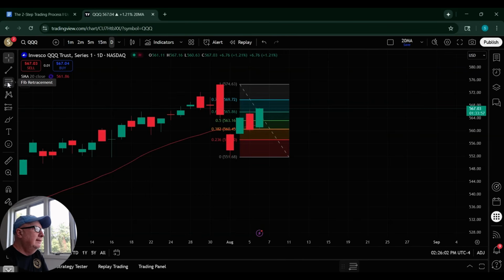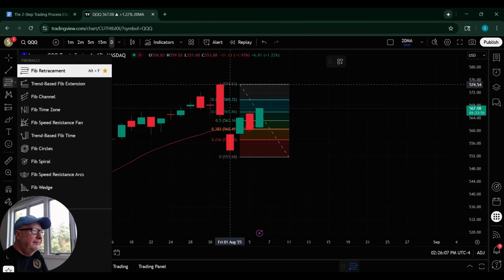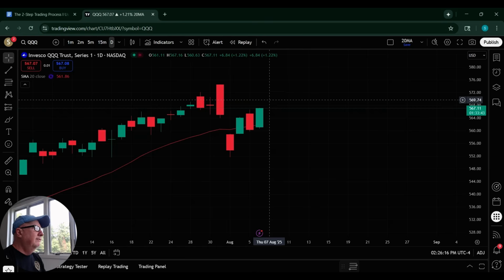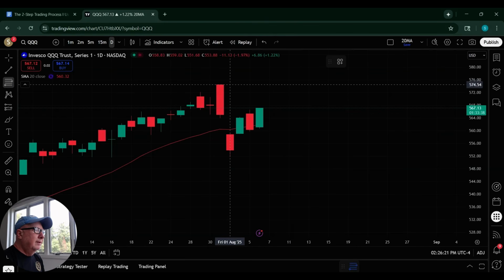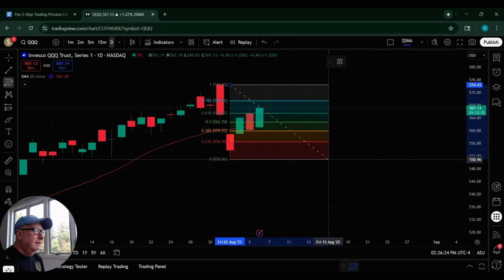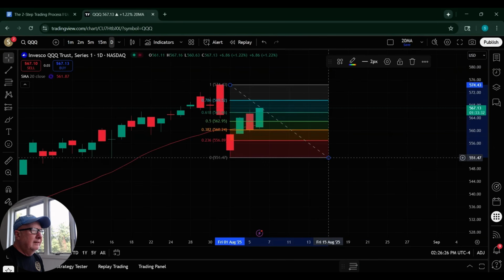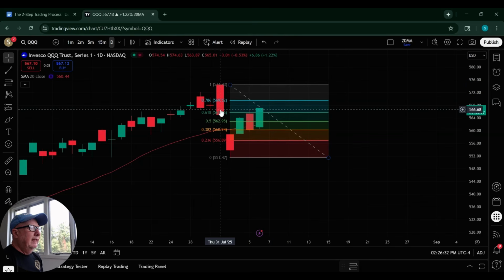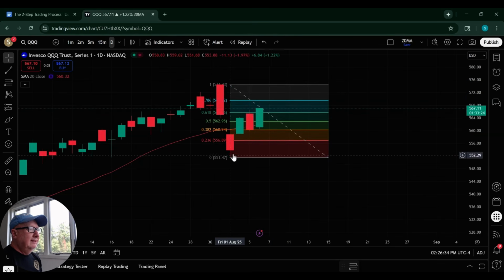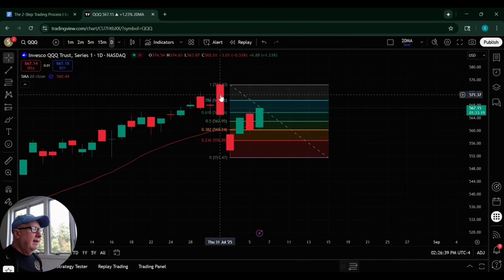I put the Fibonacci sequence on by going over here, Fibonacci retracement, clicking into the chart. I'll show you guys how I do it. I'm going to delete it off the chart. Click Fibonacci sequence, place your cursor here, and then pull down to the bottom and click. And now you need the high in this candle and the low in this candle to get this range. So the high, which you'll find right here when you're on the candle, is